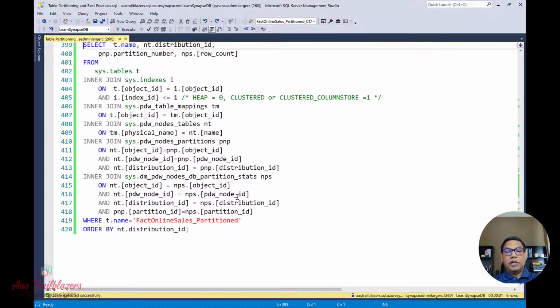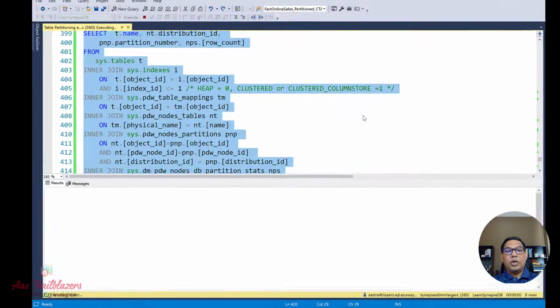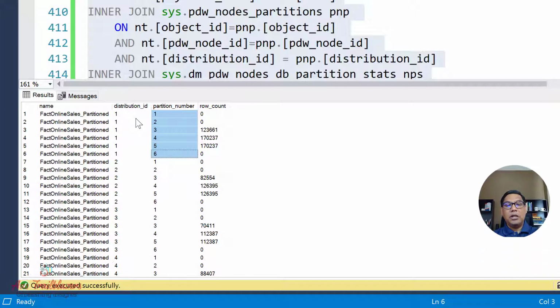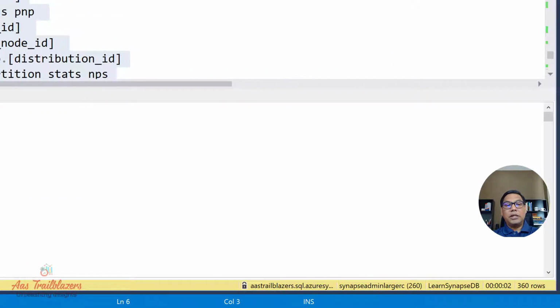Let's look at this detail, and this is what you will notice. With this query, I'm querying for a given table, the one that we have created, how many partitions are getting created. And if you notice here, for each of the distributions, the number of partitions is repeated. So for each of the databases, the number of partitions will repeat here. In this case, because we have 60 distributions and there are six partitions on each distribution, there will be 360 partitions getting created over here,